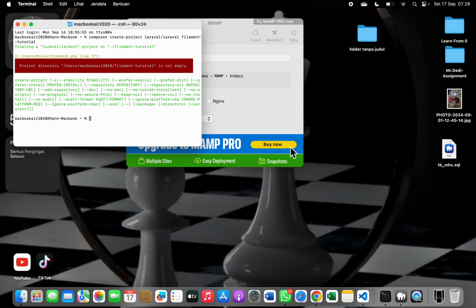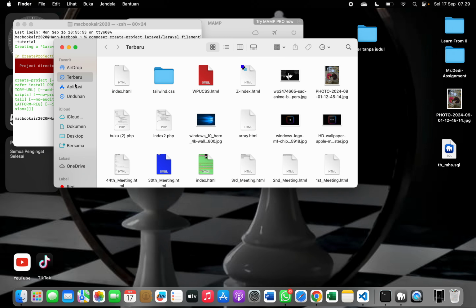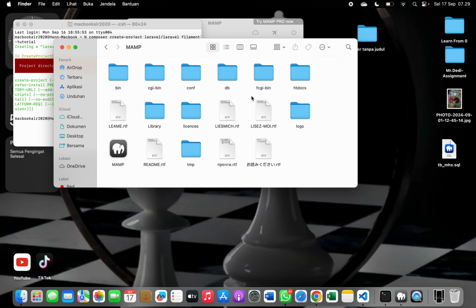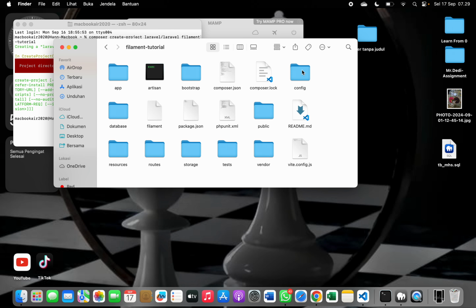Okay, because I have already made the Filament tutorial, this is my terminal, cancelled. Now we will see my Filament tutorial.